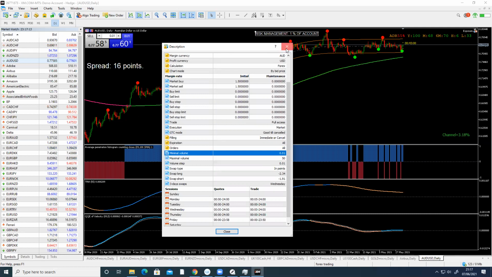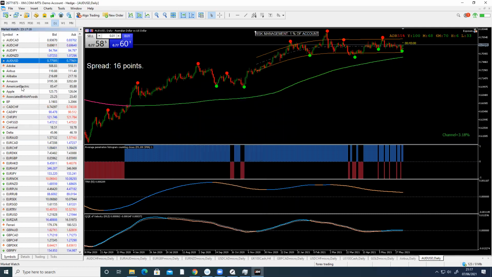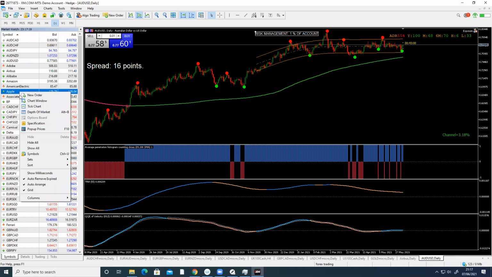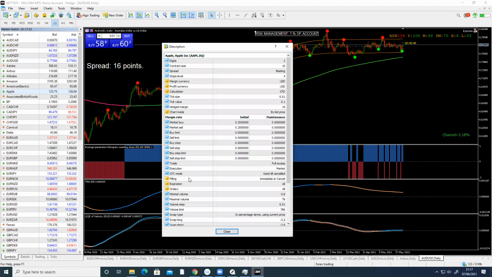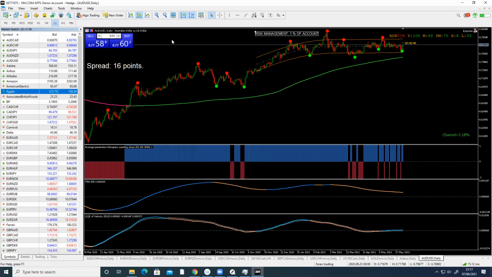Let me show you what Apple is now. Let's go to Apple. So there's Apple. I'm going to right click on Apple, go to specification, and look at the minimum volume. The minimum volume you can trade on Apple is 0.8. Whereas for this one here, we can do 0.01. So with an account size like this, unless you get a really good buy with a small risk level, then you don't